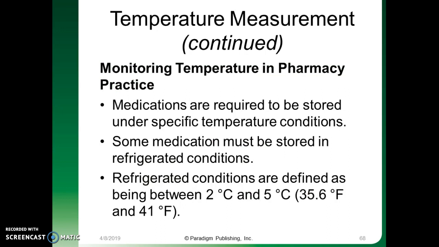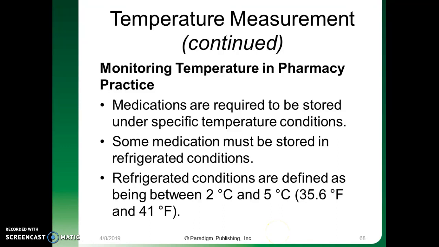So, monitoring temperature in pharmacy practice. Medications are required to be stored under specific temperature conditions. Some medications must be stored in refrigerated conditions. Refrigerated conditions are defined as being between 2 degrees Celsius to 5 degrees Celsius, or 35.6 degrees Fahrenheit to 41 degrees Fahrenheit. And again, please remember these values, because it's very important when you start working in the